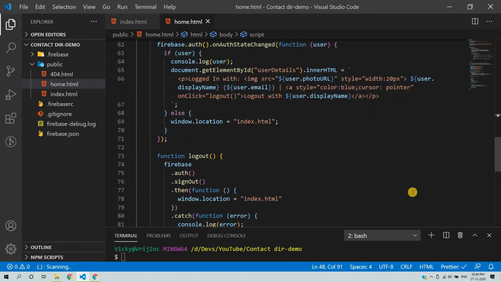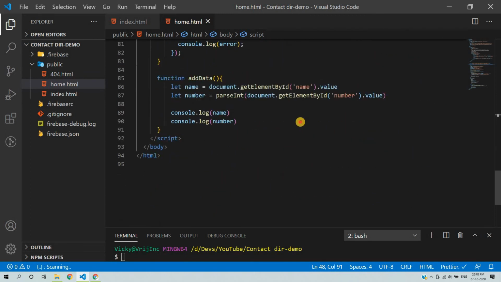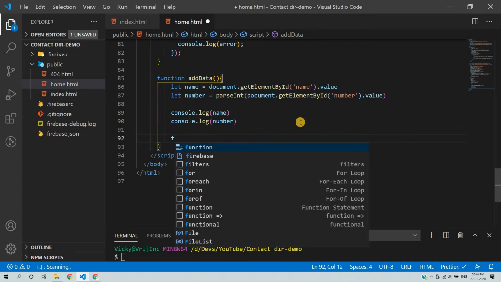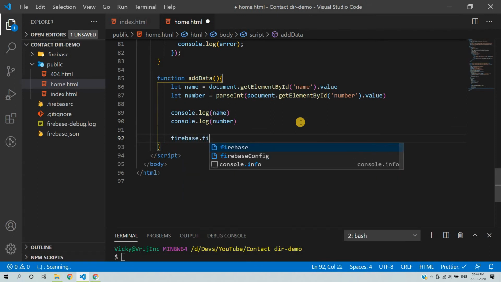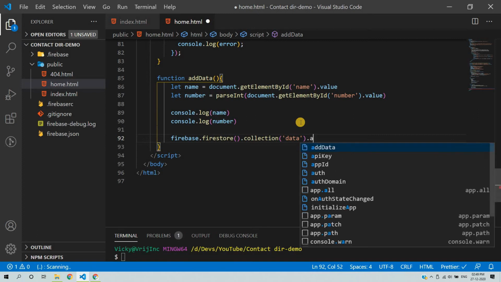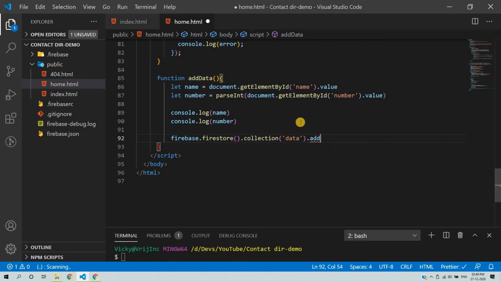So for adding data into Cloud Firestore, we can do that like this. First we are using Firebase, and then we have Firestore, and then we need to define a collection. So my collection name could be maybe data, so we will use data as a collection, and then we need to use the add method.